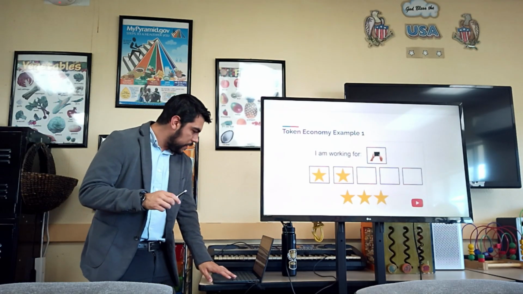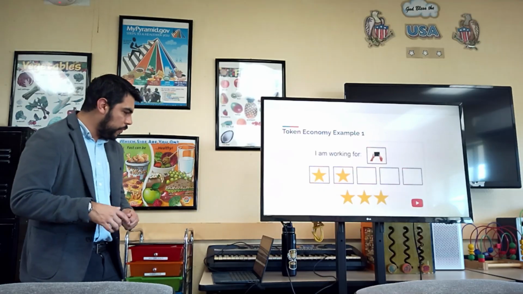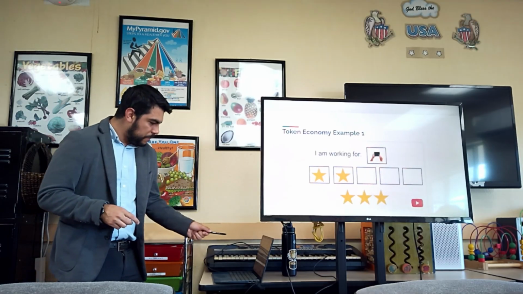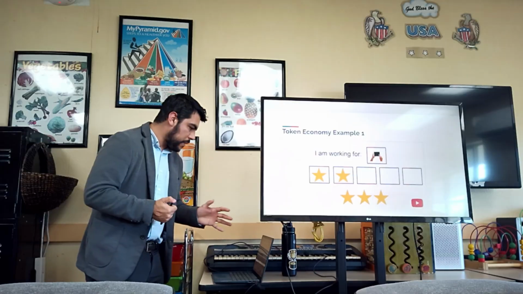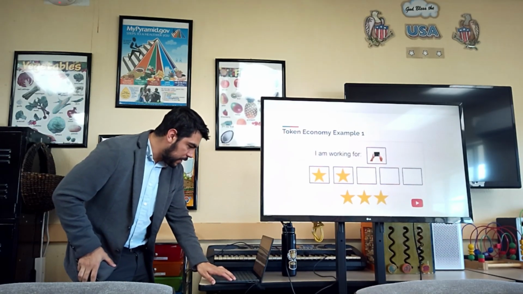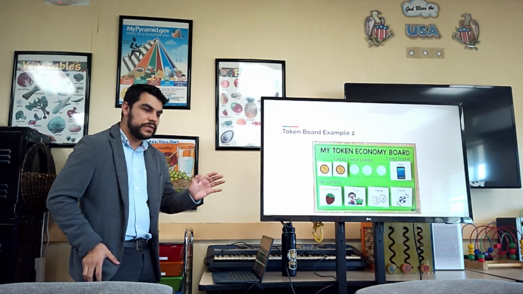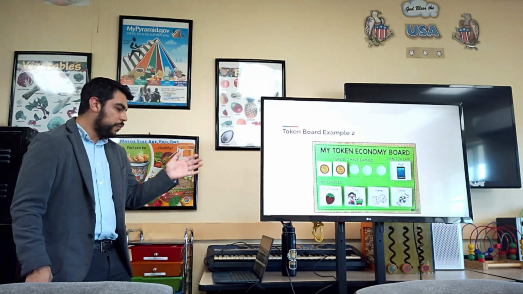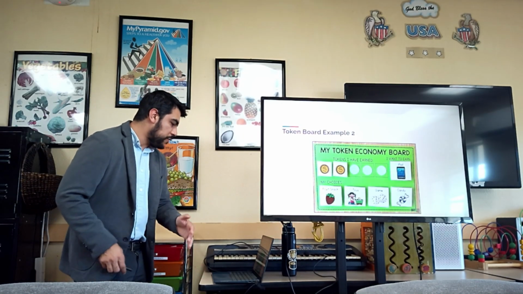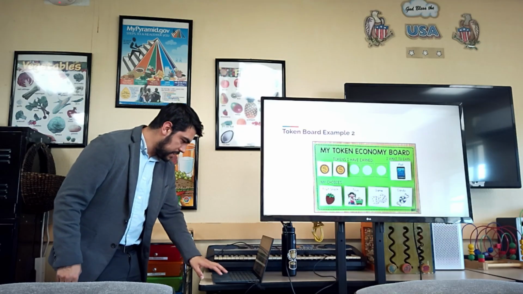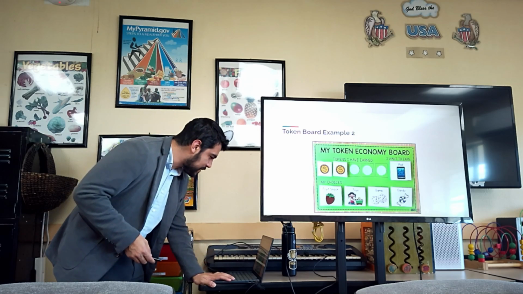Just briefly, I'll show the video afterwards, but first to give you an idea of what a token board may look like. This is the most basic form. If you are going to use one, I think this is probably the way you should go about it. But they can also get quite creative. I like this one because it makes it very explicit how many tokens they have, what they're working for, and the different options available. So they can work for the iPad, fruit snacks, toys, games, and candy. Although fruit snacks are kind of candy.